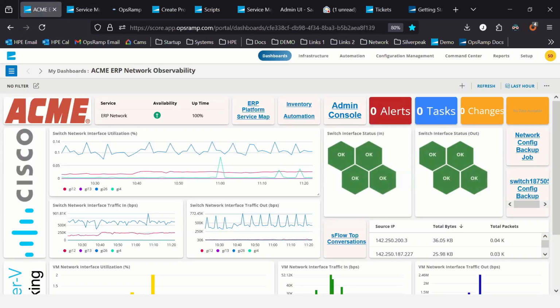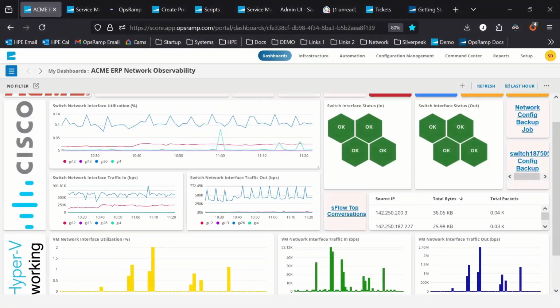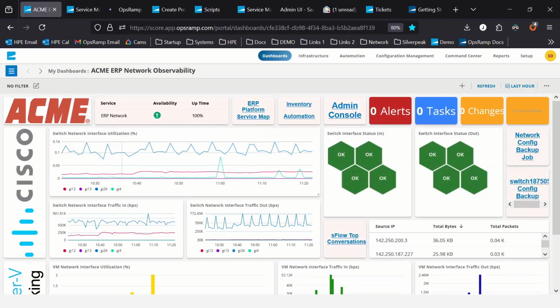So what we're gonna do as part of this demo is I'm gonna run a script which will cause excessive traffic on a server. And we're gonna see how we can identify that could be a potential issue, right? It's gonna light up some of these. We're monitoring switch interfaces, and we're monitoring the switch interface status in, status out. You can see everything is okay right now. Here's the utilization of the switch,